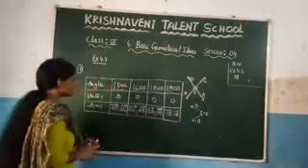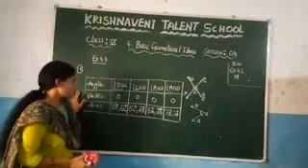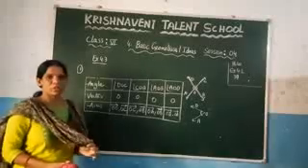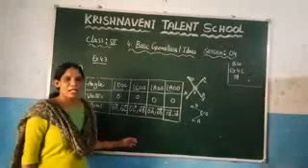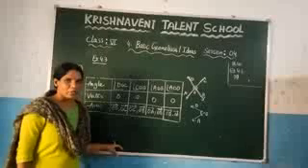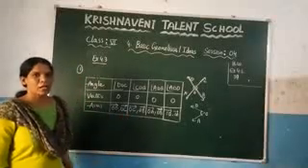These are the angles, and they have given one figure and asked here to write what the vertex and what the arms are. Before that, you need to know what is meant by an angle. What is an angle? If two rays are intersecting at a common point, an angle will be formed. That common point we call a vertex and the rays we call the arms.